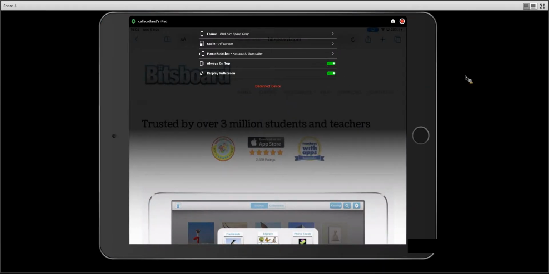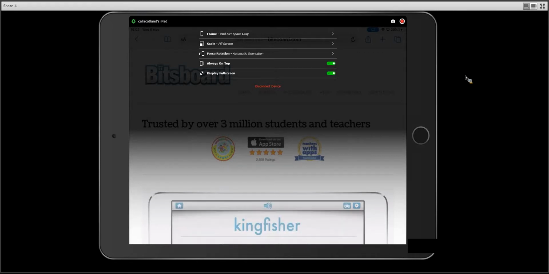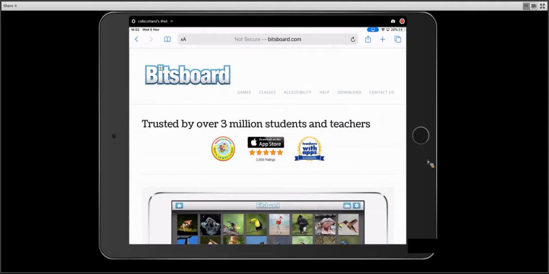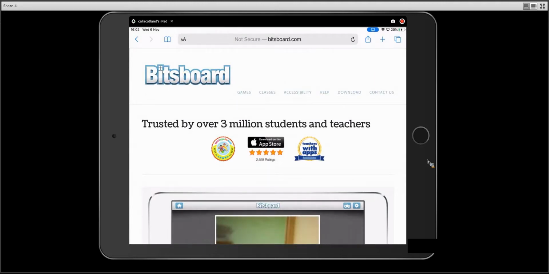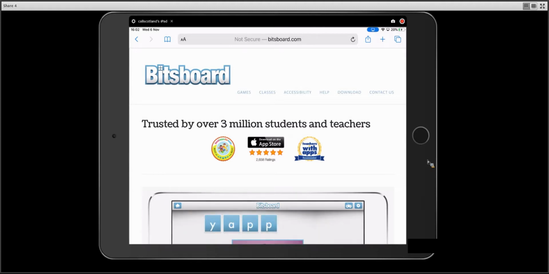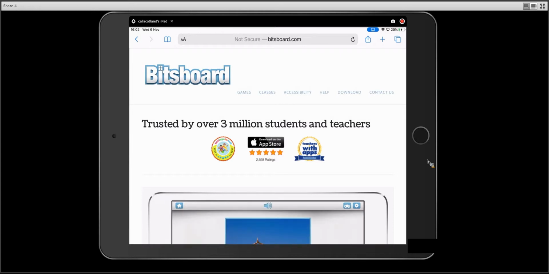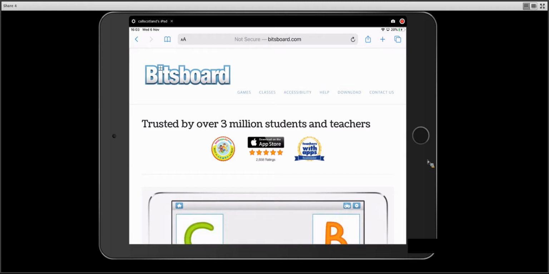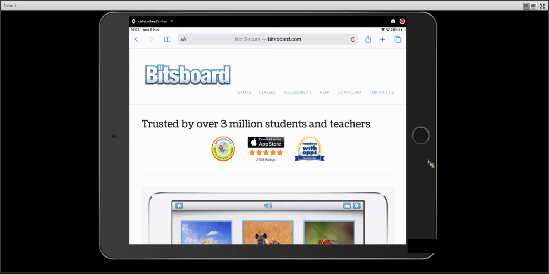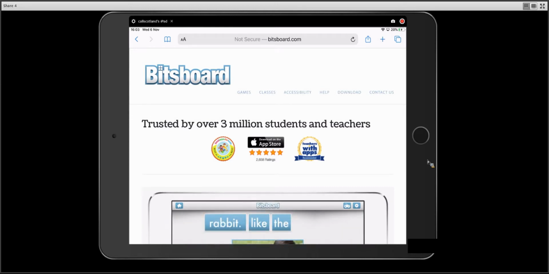Okay, Claire. Thanks, Craig. Okay, so this afternoon we're going to have a look at the Bitsboard app. It's a really nice little app that we use a lot here at Call. It works by using a set of images and turning them into a variety of interactive learning games. So all you need to play those games are a set of images, and the app does all the work